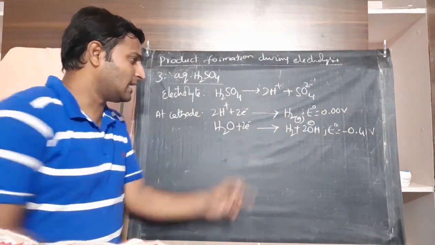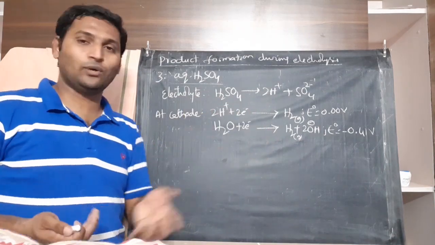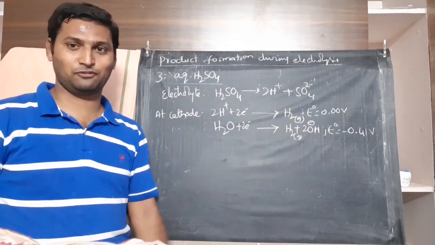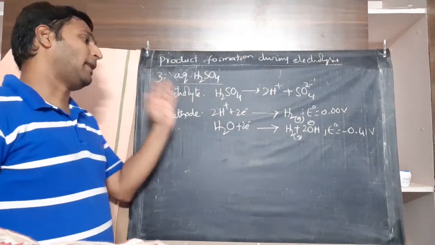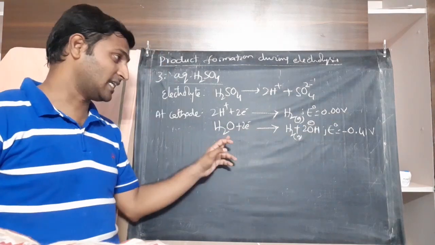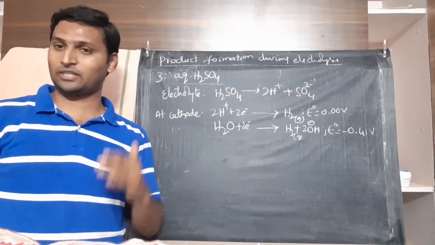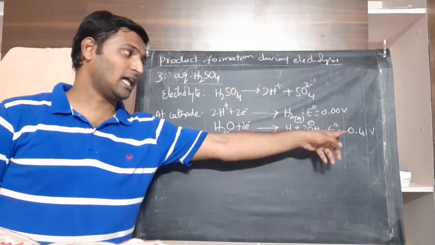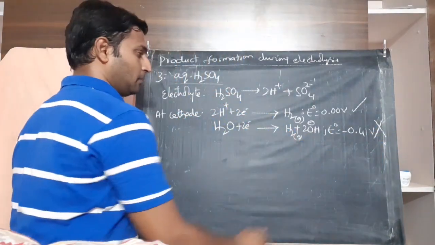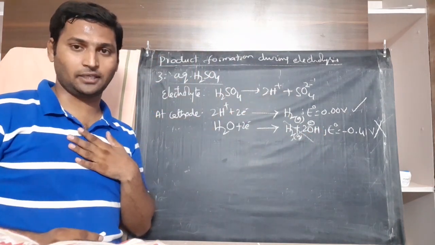See, in both cases the product is hydrogen gas, liberation of hydrogen gas only. Then why are we trying to differentiate it? If it is reduction of water, there is a byproduct hydroxyl ion. So we have to be careful. Now, apply preferential discharge theory. This reaction has a voltage of 0 volts. This reaction has a voltage of minus 0.41 volts. And you know very well, the one with highest potential undergoes reduction at cathode. 0 is larger. So this reaction occurs, this does not. Means H2 gas and OH minus are not produced, only H2 gas is liberated.